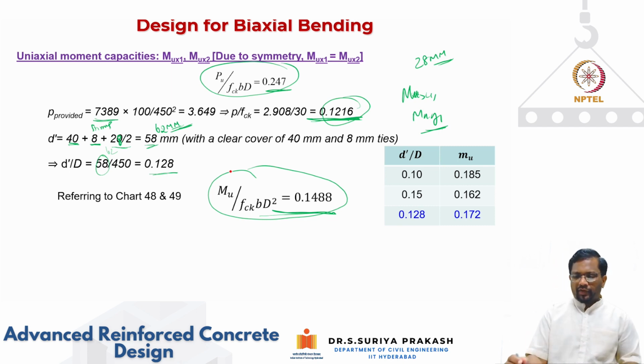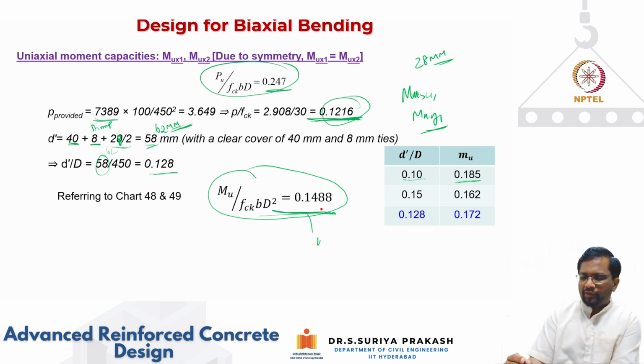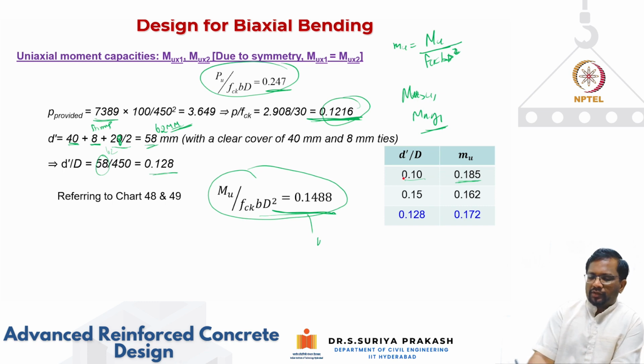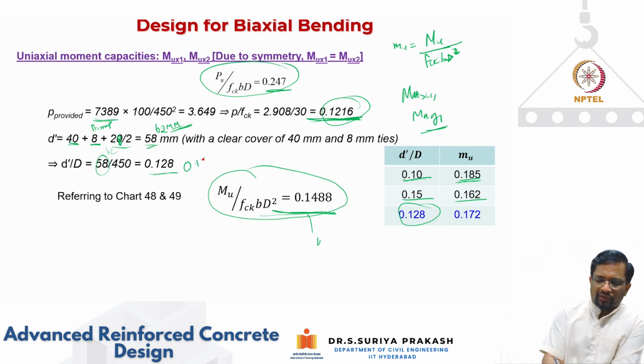So again, we are going to use this. For d prime by D of 0.1, I get the small mu. So what is this? This is your small mu. How do we define the small mu? It is basically capital Mu by fck bD square. That's how we get your small mu. Now I use these two charts, 0.1 and 0.15. I get these two values, but I need it for 0.128, or in this case it will become 0.13 or so. So you can interpolate